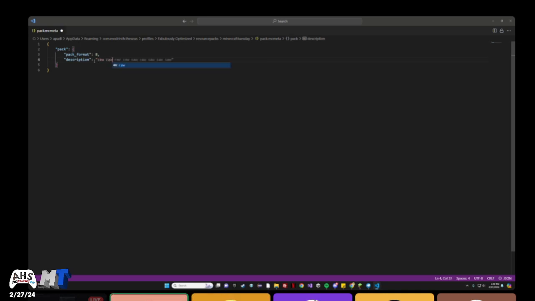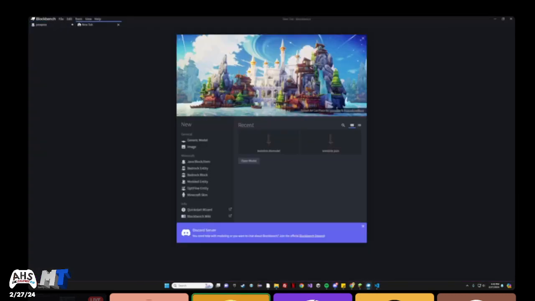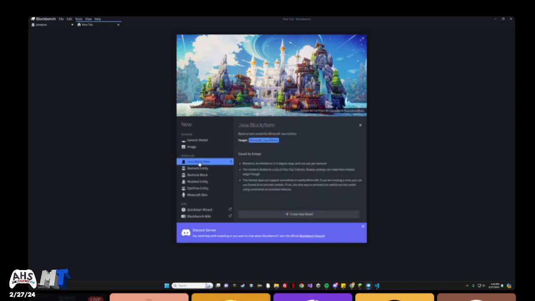Yo, Adrian asked if you can go over how to create the Blockbench project again, because he just got it. Okay. So once you install Blockbench, you should be able to click Java block/item,